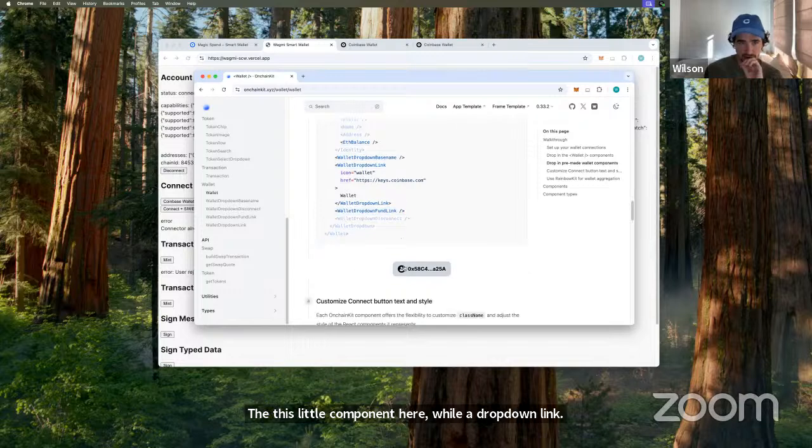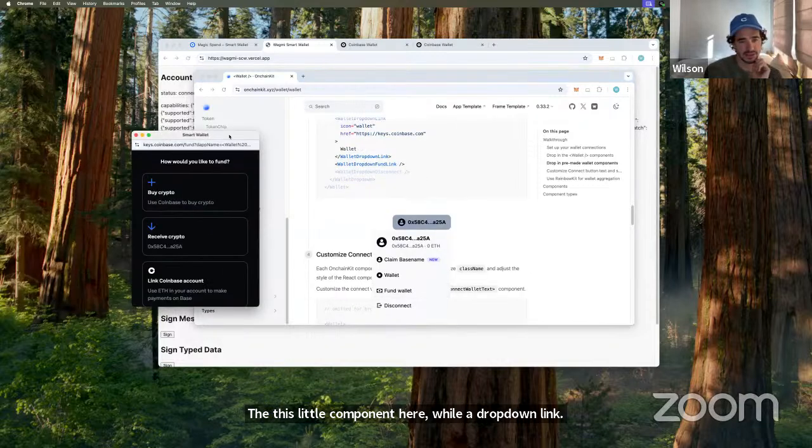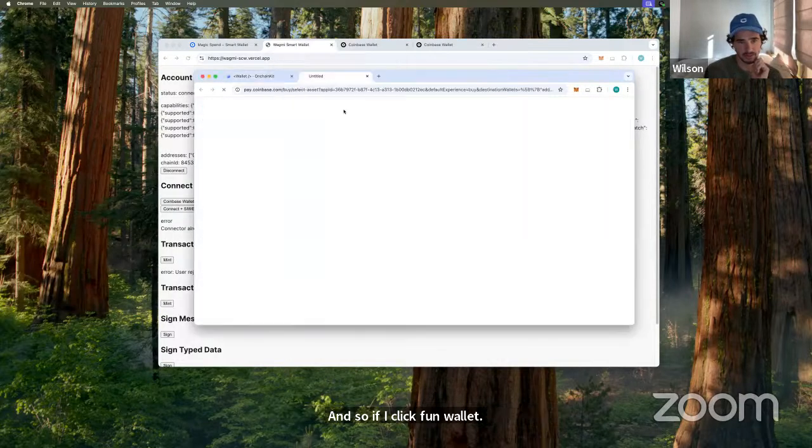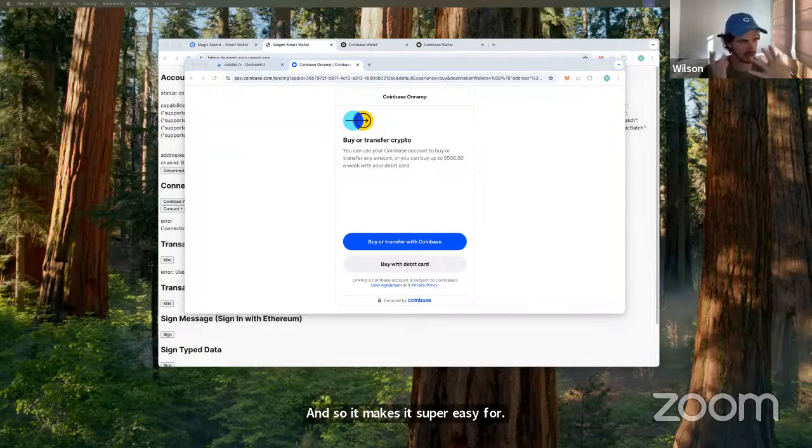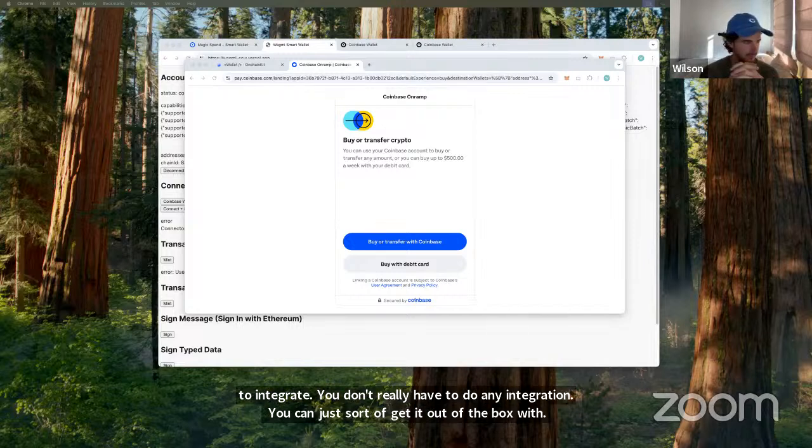And so if I click fund wallet, and I click buy crypto, this is going to open the Coinbase on-ramp product. And so it makes it super easy for you to integrate. You don't really have to do any integration. You can just get it out of the box with our link there.